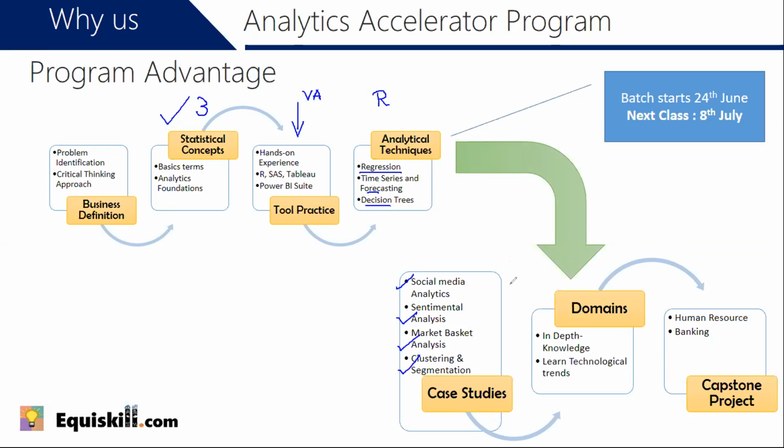And then we also have SAS. So you'll see that in the same time, along with R, towards the end, you'll have more than 4 classes on SAS. So you'll be pretty much adept at an introductory level to SAS. You will be comfortable with SAS at an introductory level. You will be at an intermediate to advanced level in R, right? And along with that, you would have intermediate capability in Tableau as well as Microsoft Business Intelligence, right? So that's where you would sort of reach at the end of the course.